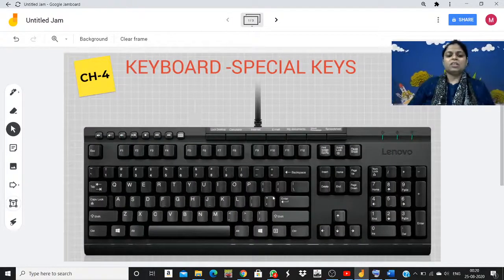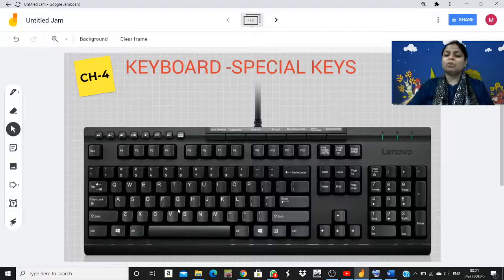See children. As I told you, alphabet keys. Can you see all these letters? Q, W, E, R, T, Y, U, I, O, P. And then this second row and the third row. There are 3 rows. So these are alphabet keys because alphabets are written. When you press it, only alphabets will come on the screen. And here on the top, you can see numbers 1, 2, 3, 4, 5, 6, from 0 to 9, and numbers are on this side also, 0 to 9. So these are known as numeric keys.